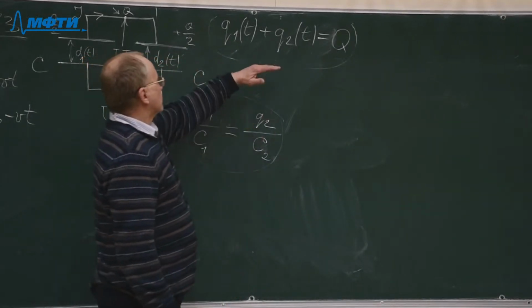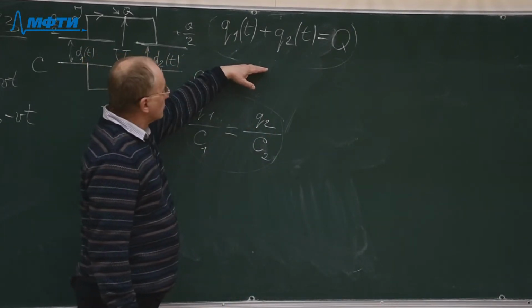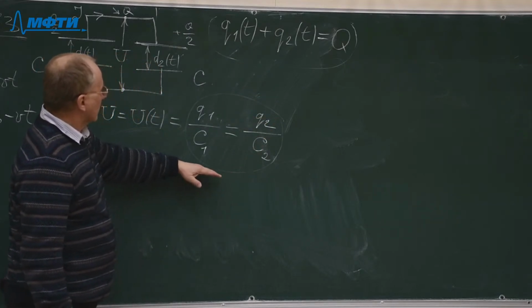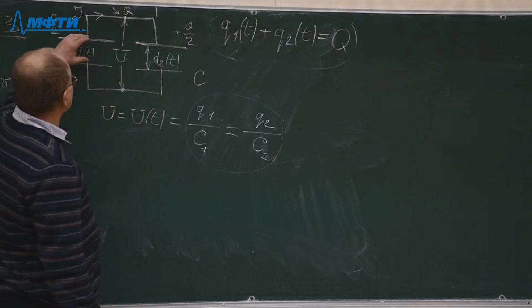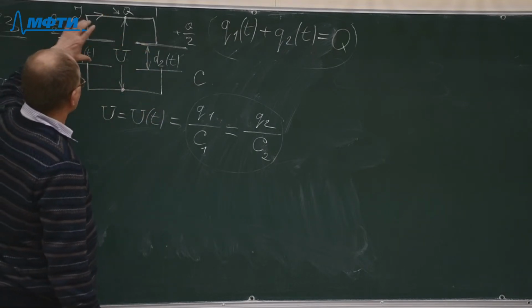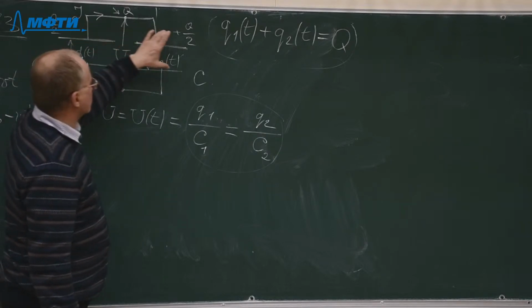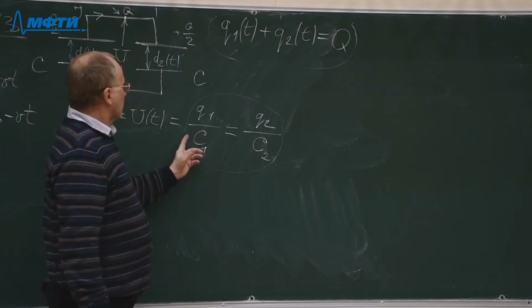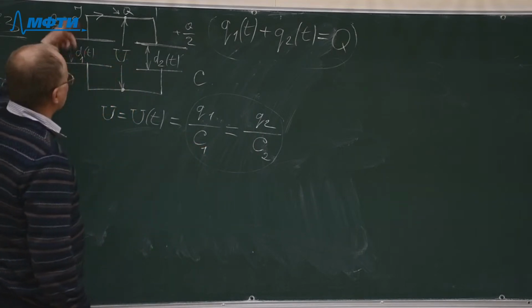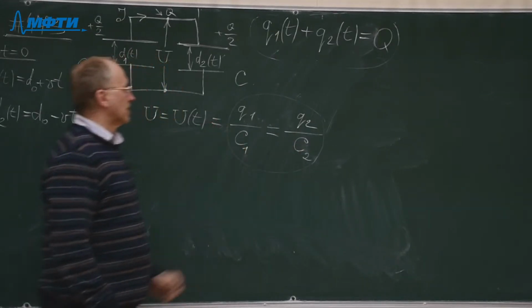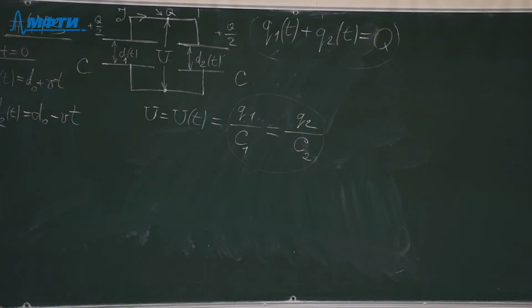The first condition follows from the fact that the two capacitors are connected in parallel, and therefore the potential difference on the first capacitor is equal to the potential difference of the second capacitor during the motion of the plates. At any moment of time, the potential differences are the same on both capacitors. So we have two equations,